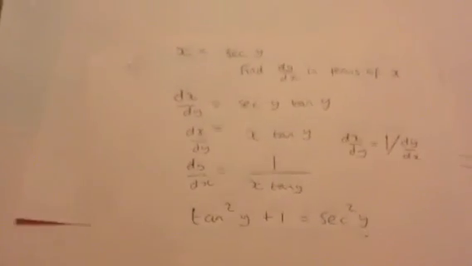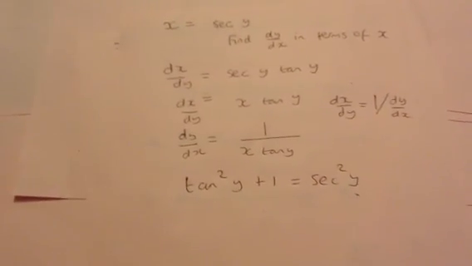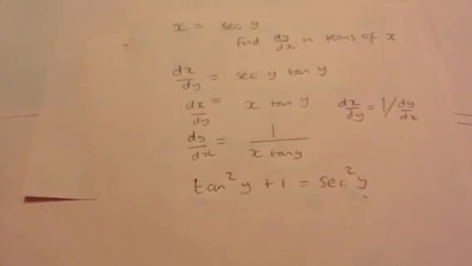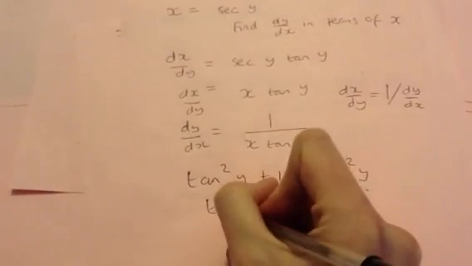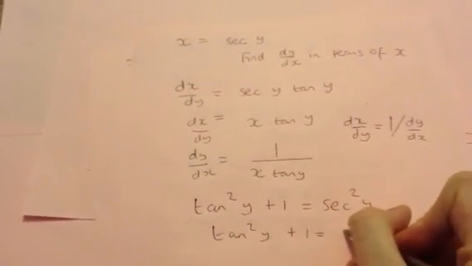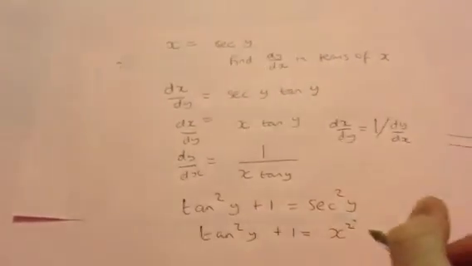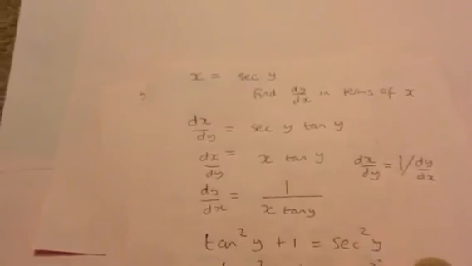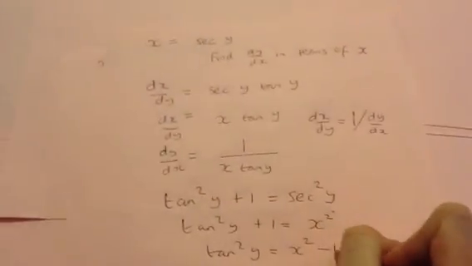So, now we know that x is sec y though, and we want to find tan y in terms of x. So what I can write here, very cleverly, is tan squared y plus 1 is x squared, because x is sec y. So right now tan squared y is x squared minus 1,